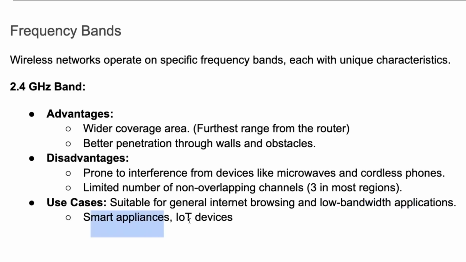So these could be smart appliances or IoT devices. This is the very basic type of wireless band that's available, and every single Wi-Fi router will at the very least provide you with a 2.4 gigahertz band. If it doesn't offer you anything lower, or if it offers you something lower than this, that means that you're in like the primeval ages, like you have a very old device and an old internet connection, or you're in a really remote